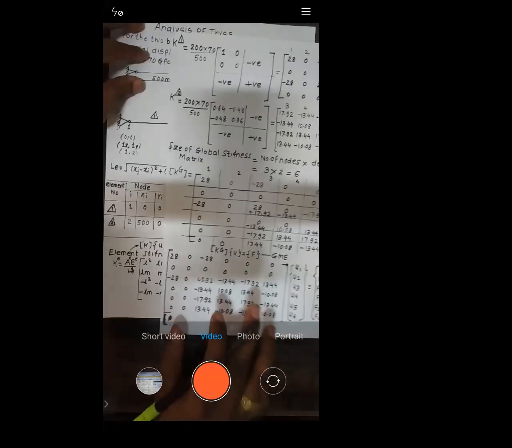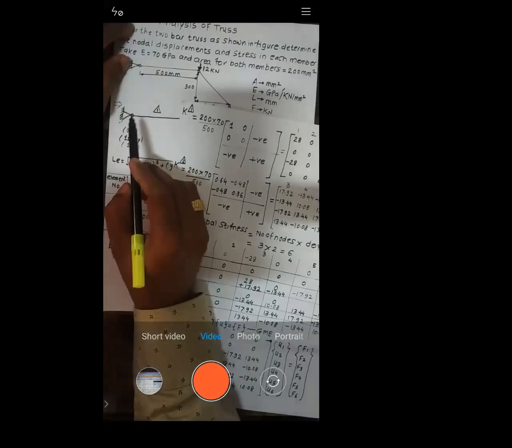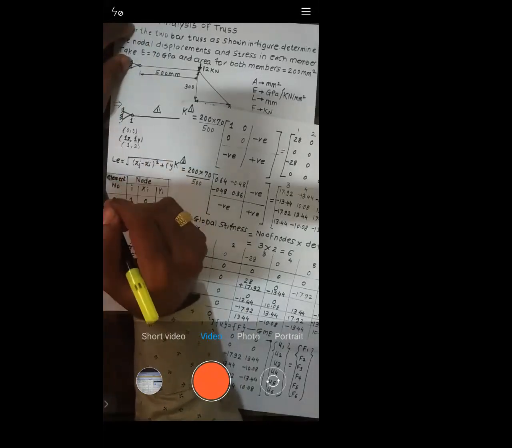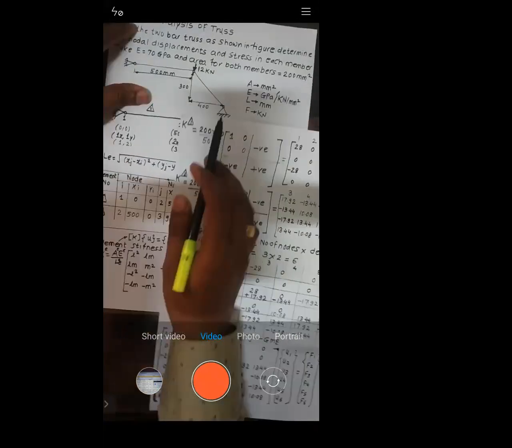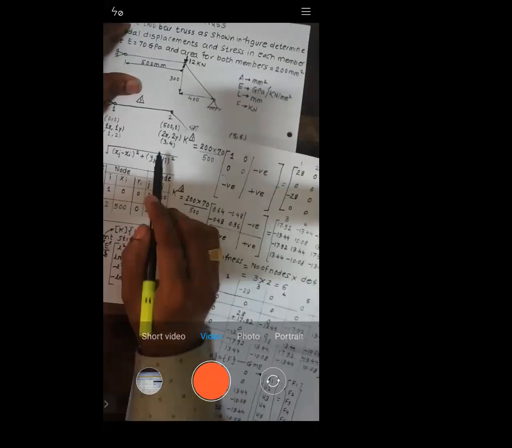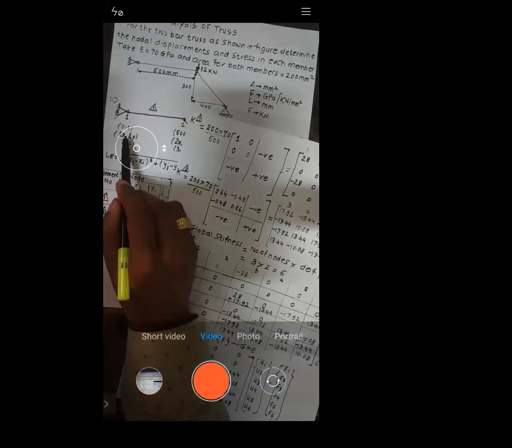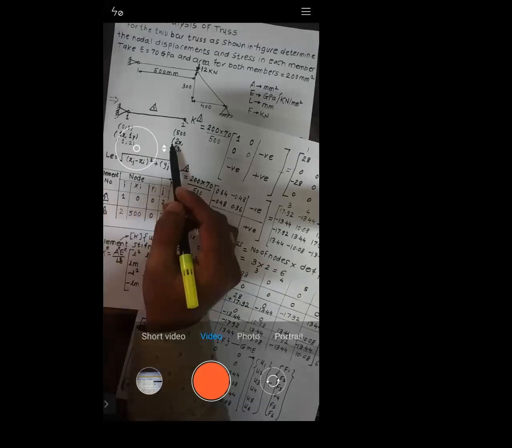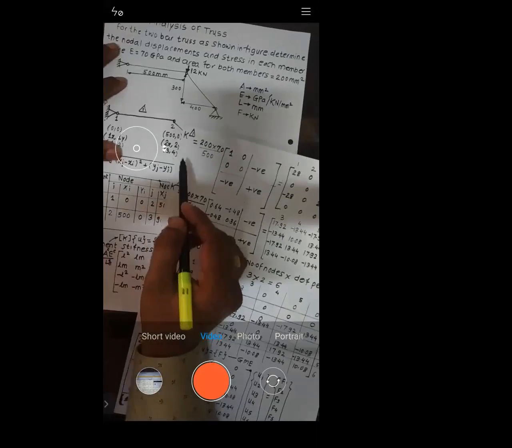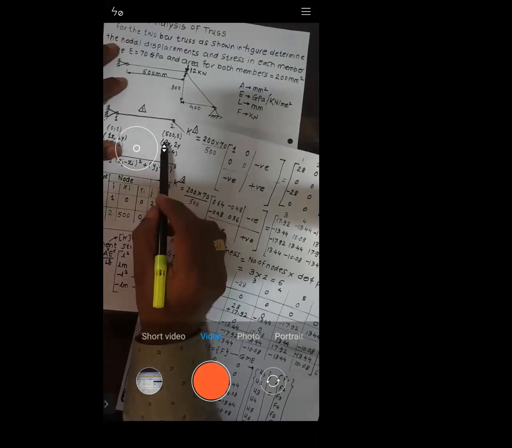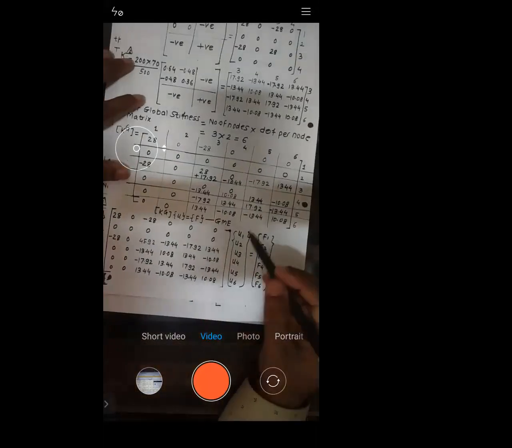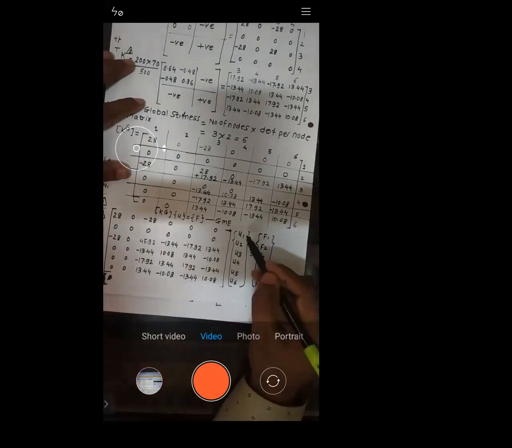If you're confused, I'll bring you to this point. Node 1 will have 2 degrees of freedom, that is 1, 2. Similarly, node 2 will have 2 degrees of freedom, that is 3, 4. What is the meaning of 1? It can move in X. What is the meaning of 2? Node 1 can move in Y. What is the meaning of 3? Node 2 can move in X. What is the meaning of 4? Node 2 can move in Y. In the same manner, we write U1, U2, U3, U4, U5, U6. These are the displacements at the nodes.